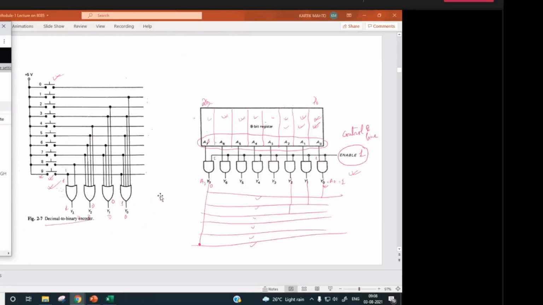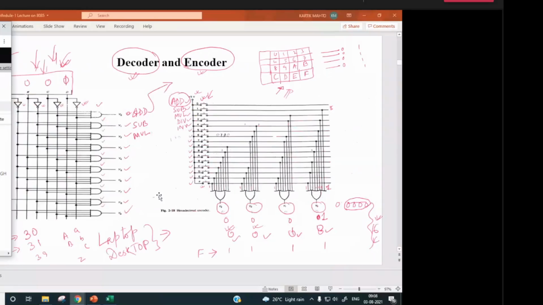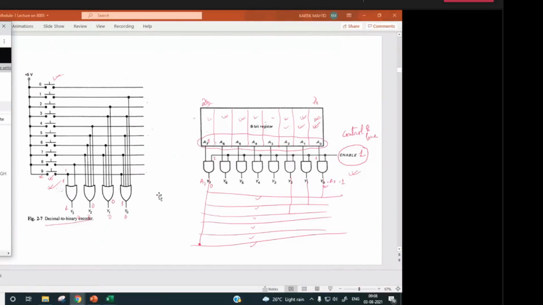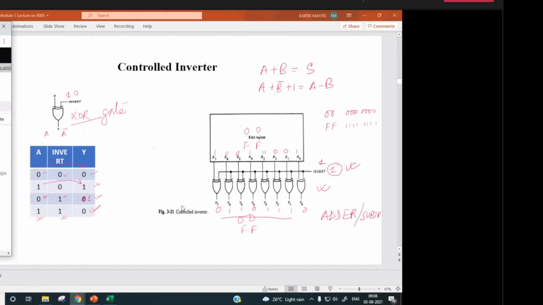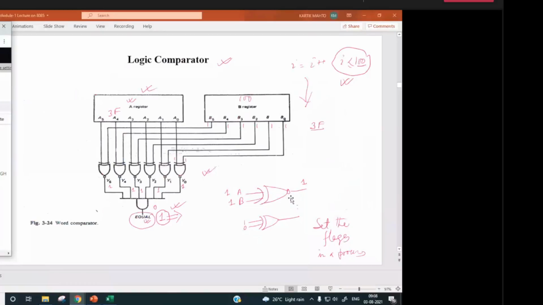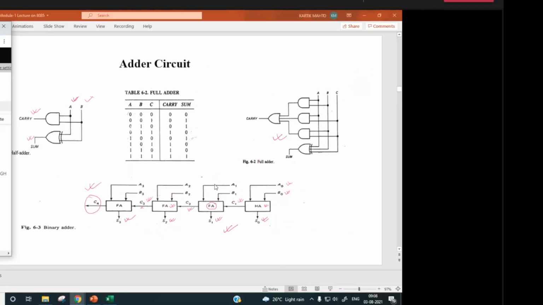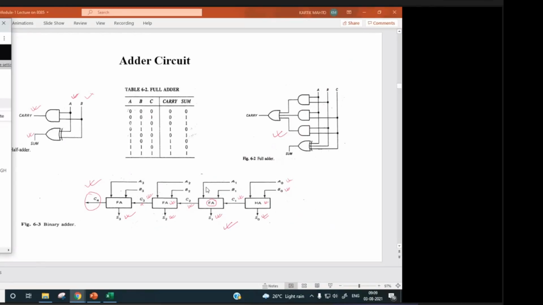how this inverter and logic gates are actually used for designing different circuitry. Say, if you want to complement register content, then this type of circuitry you can use. Right here, it is used for comparing two, say, 8-bit data, or here 6-bit data is compared. Similarly, we can have 8-bit comparison circuitry, right? Then here a simple adder circuit, a 4-bit adder circuitry is there, right?